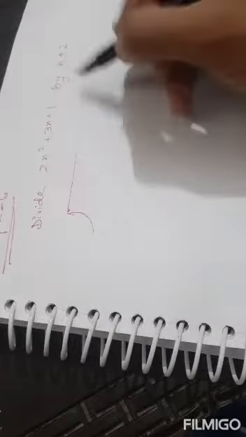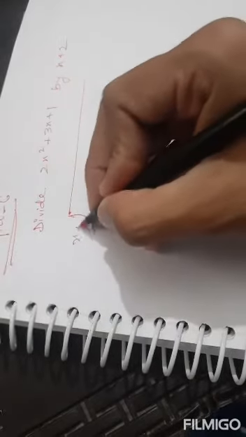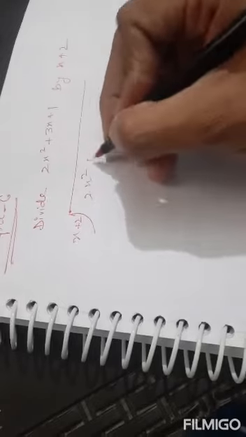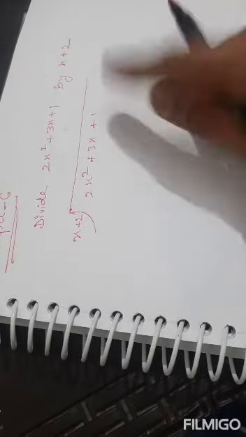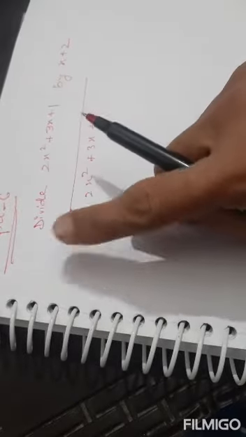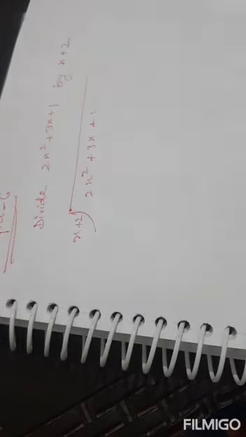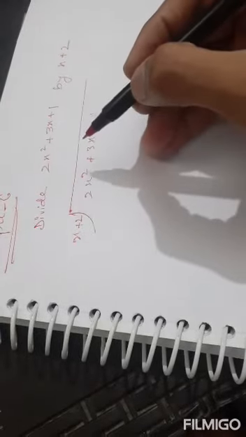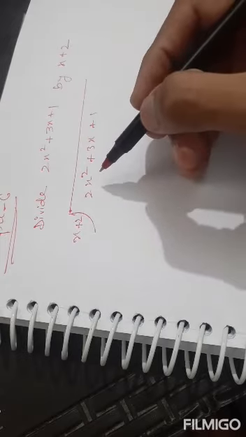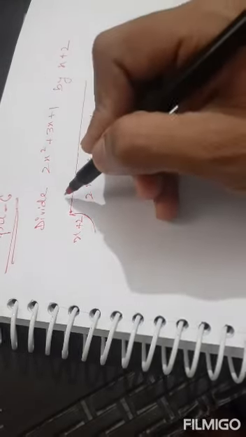So this will be the divisor, this will be the dividend, x plus 2, 2x square plus 3x plus 1. So always check whether they are in descending order of the power of variables. So yes, they are in descending order. Now you have to multiply with those numbers so that it will get cancelled out. By which number will you multiply x to get 2x square? So you have to multiply with 2x.